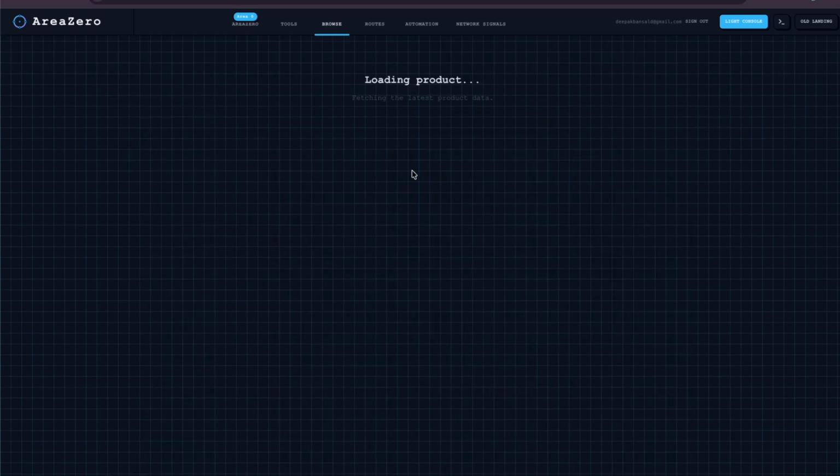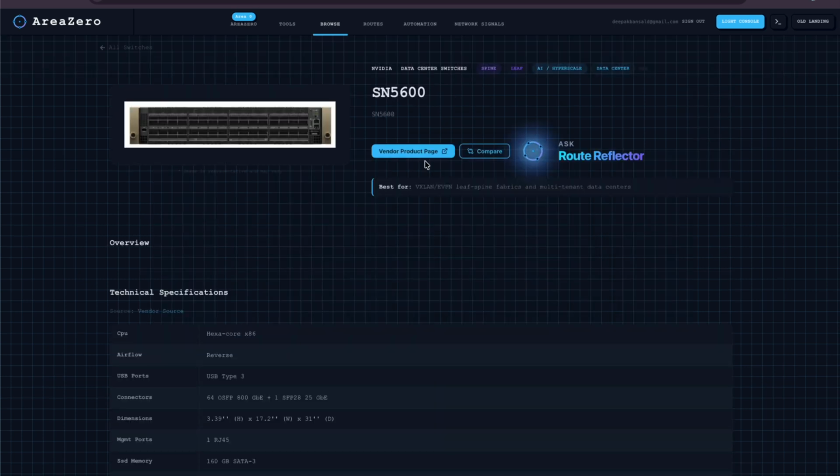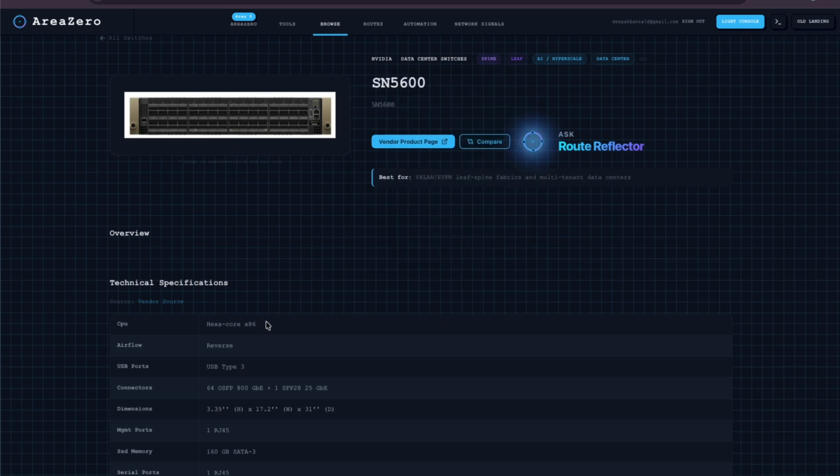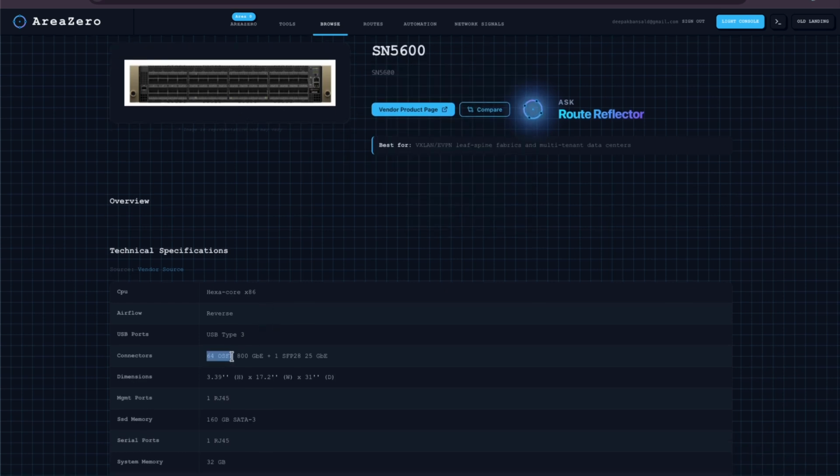So now this switch is not a normal top of the rack kind of a switch. If you see the connectors, it has 64 800 gig ports, so that itself will tell you this is not a normal enterprise switch. It is mainly used in GPU servers or storage systems, or very high speed leaf switches, where you exchange